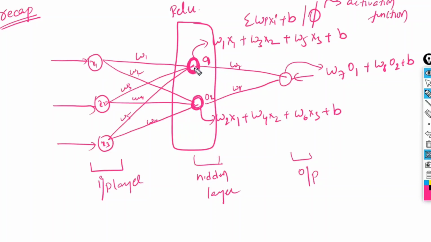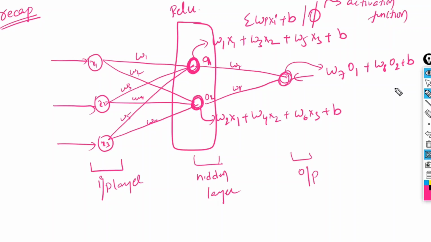Similarly, the output of this one is the input for this one. So O1 is the output of this neuron, which is the input for this next neuron. Similarly, how we have considered X1 as the input for this one, O1 is the input of this neuron. So it is going to consider the O1 value, O1 into W7, and it is going to calculate the sigma